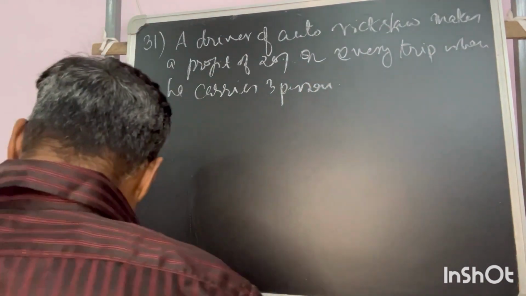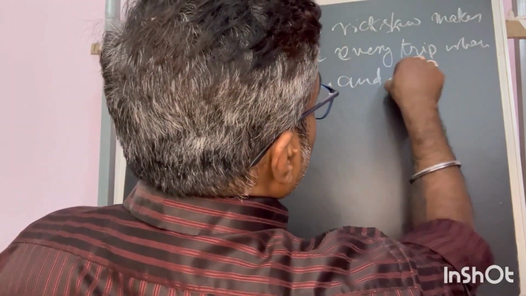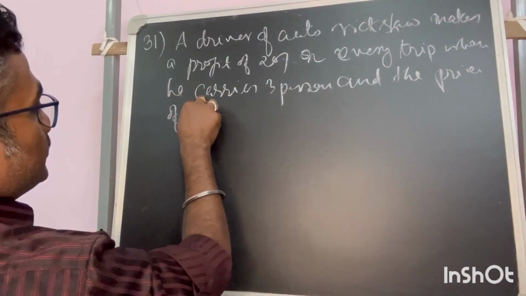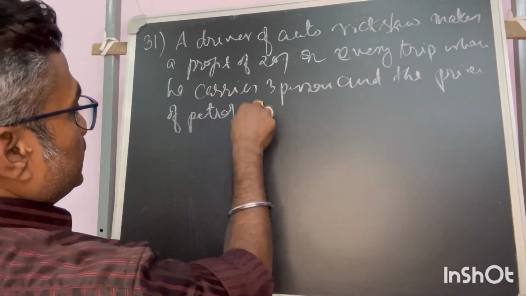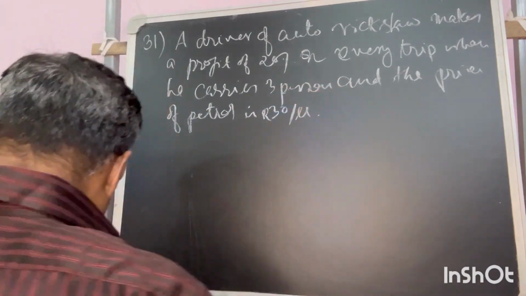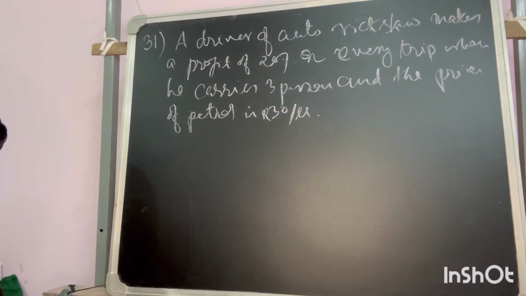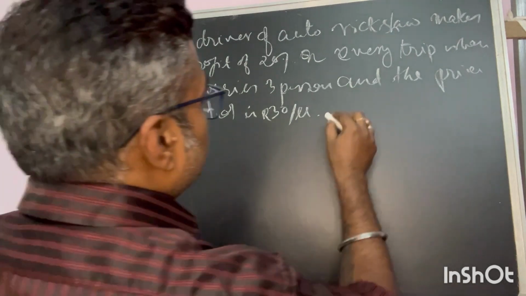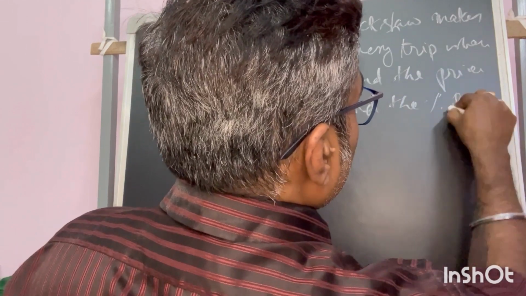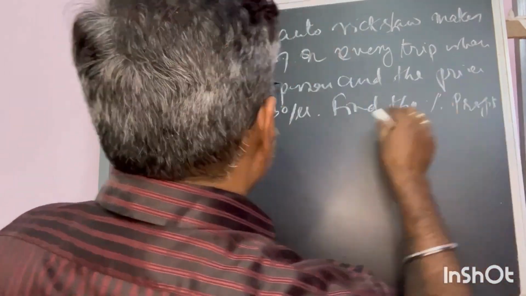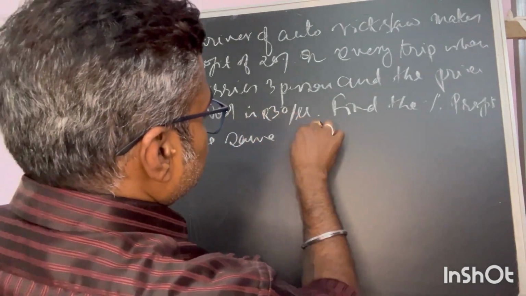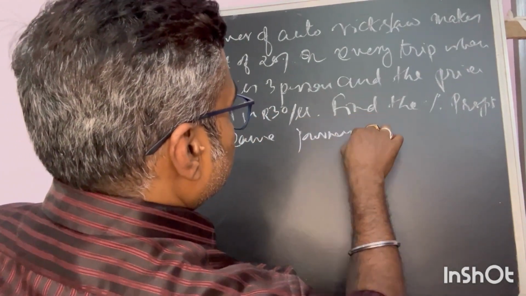And the price of petrol is rupees 30 per liter. Find the percentage profit for the same journey